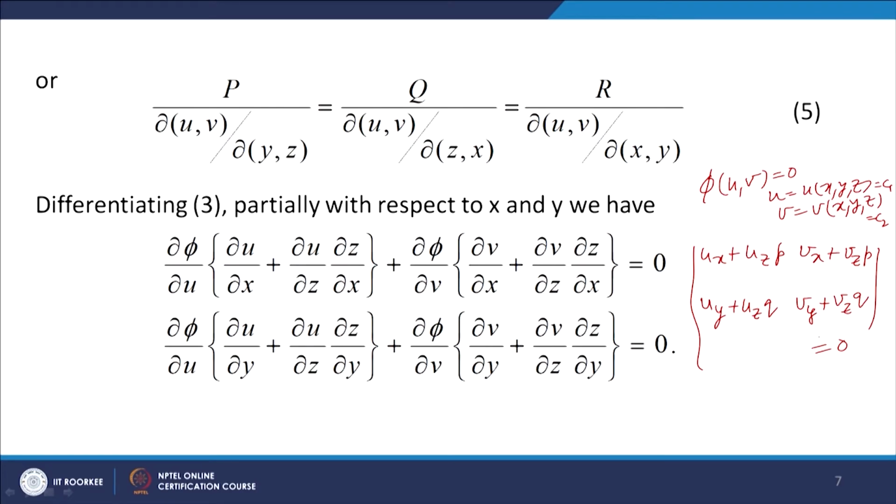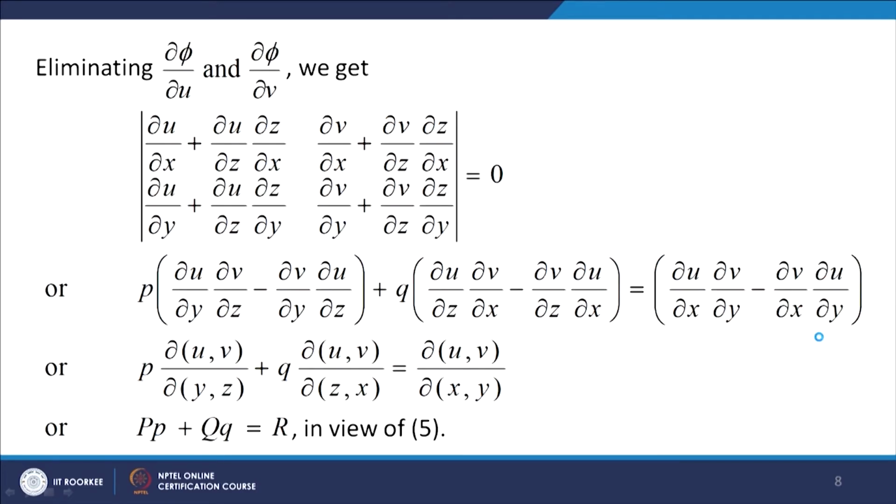So, this determinant will be equal to 0, and when we solve that, we put p for z_x and q for z_y